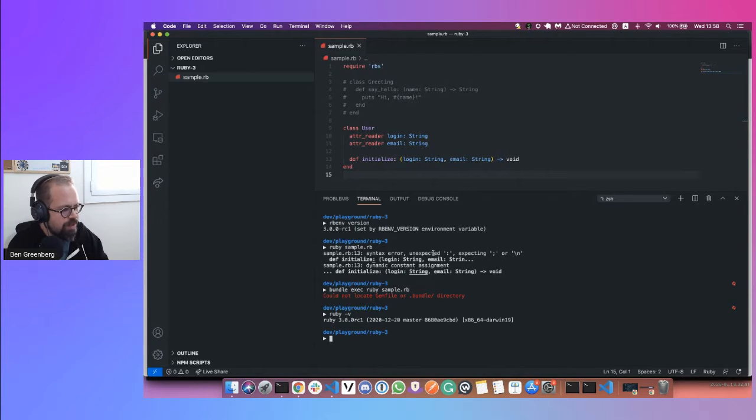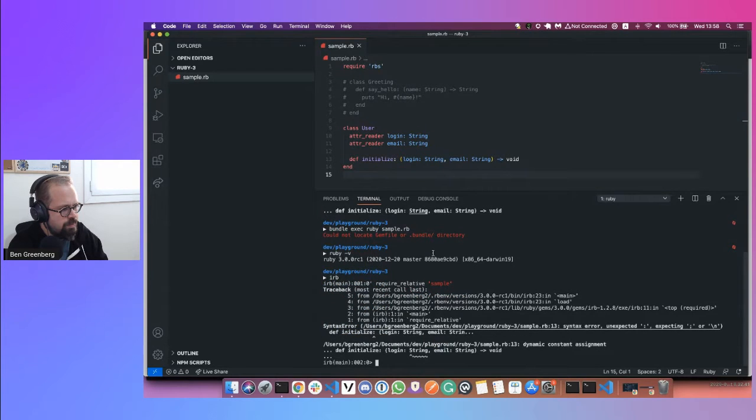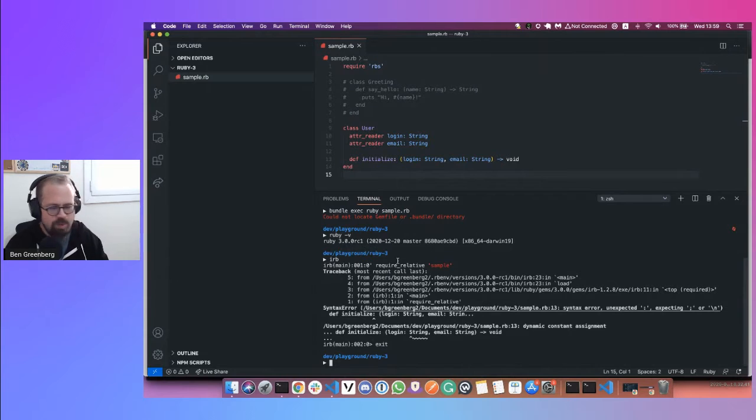So if we would run like, let's do this. It doesn't accept it. Well, that syntax is not making Ruby happy on the interpreter level, which is really interesting to me.